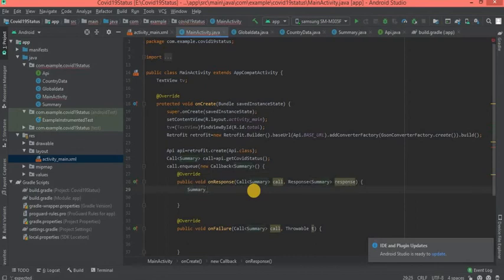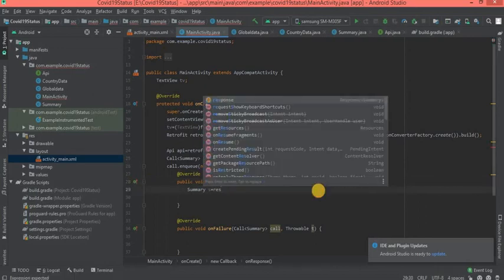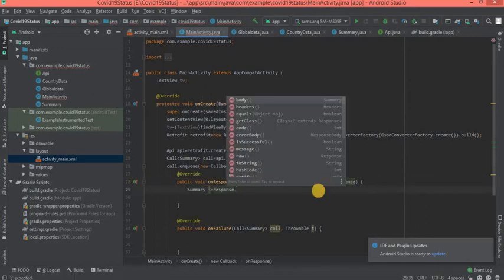For that we need a value from the response. The response value will be in summary format. For that we are creating a summary object. Next, this response object dot body.